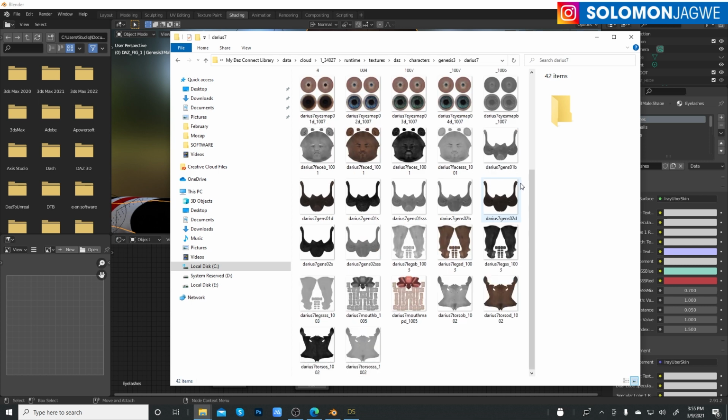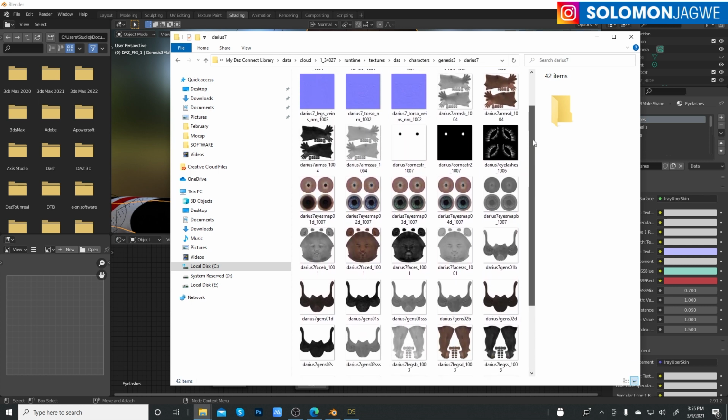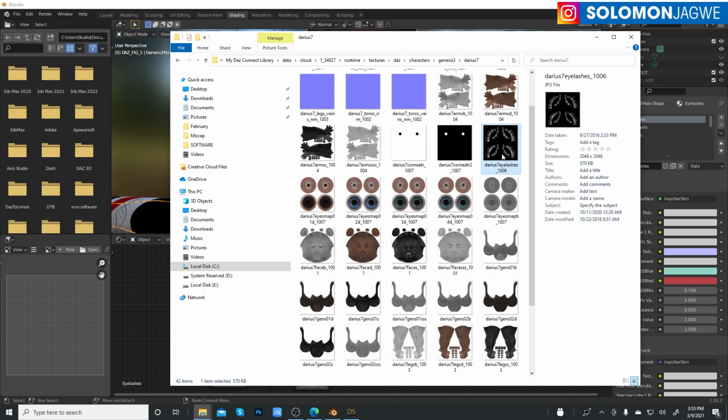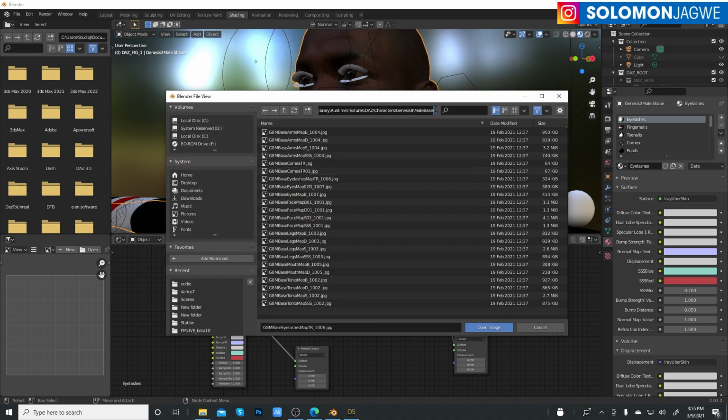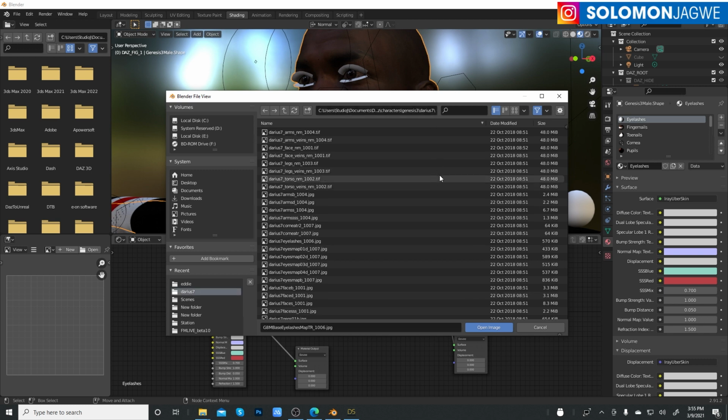All right, so here are all the shaders for Darius 7, which is a Genesis 3 model, as you can see. And the eyelashes are right here. So even though it's not working, the texture is actually there. Okay, so we need to redirect the texture map for the eyelashes from the material that we copied from the Genesis 8 model to this path right here. So we go back, and here we need to paste the path of Darius 7, and we need to look for the eyelashes material,